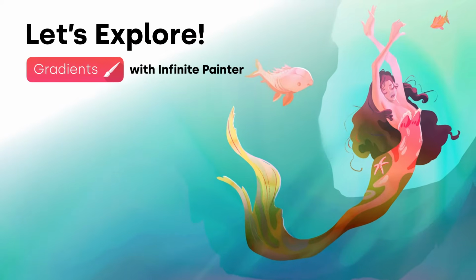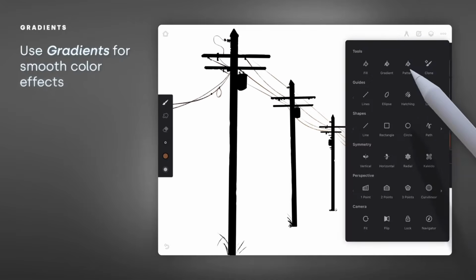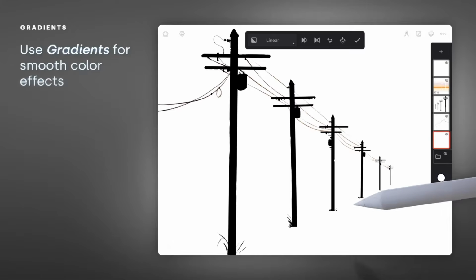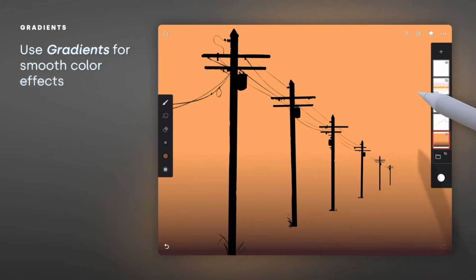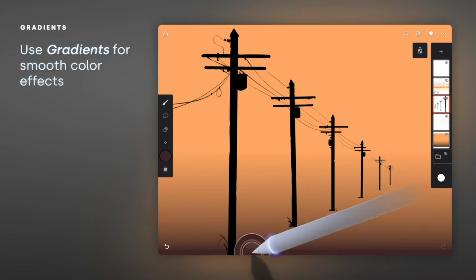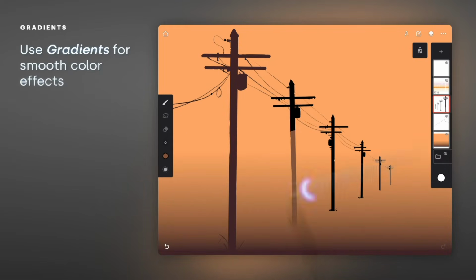Let's explore gradients with Infinite Painter. We'll start with something easy like atmospheric perspective. Use the gradient fill tool to drag out your colored atmosphere. Using your finger or stylus, you can slide away from the color icon to pick colors near the base of each object. With the transparency locked on your object layer, use those background colors to paint the objects as they